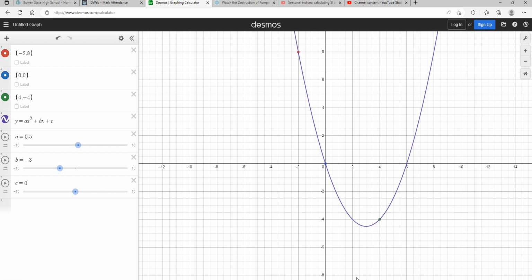You can zoom in on the A value or whatever. If you click on it, you can give it a specific value. The next set of points, guys. If you want to delete what you've got there, or just turn them off or whatever, the next points I want you to find